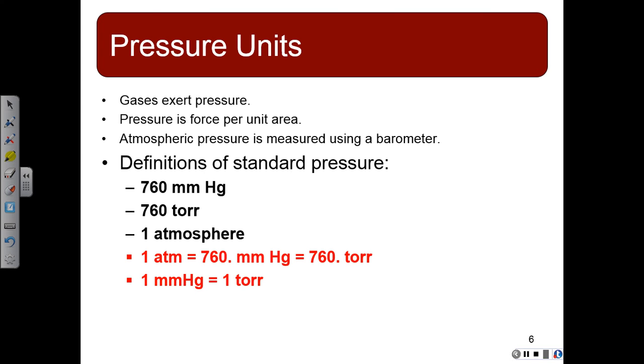So just like on your conversion sheets where you've got 1 foot is 12 inches or 1 inch is 2.54 centimeters or whatever it might be, 1 ATM is 760 millimeters mercury or torr. Okay, if you have 760 millimeters mercury, you have 760 torr. They have the same unit, so I don't really know why we have both of them. Torr is actually named after a person named Torr, so maybe they just wanted to recognize him.